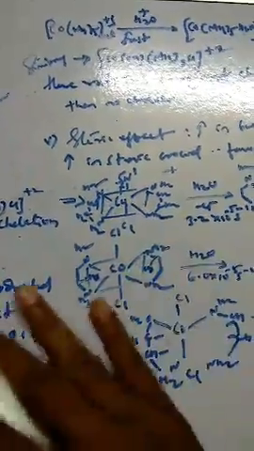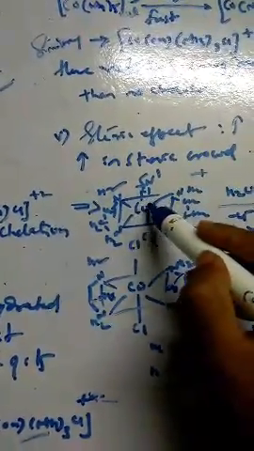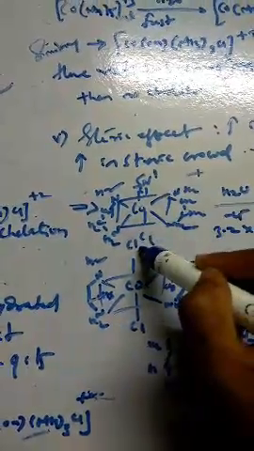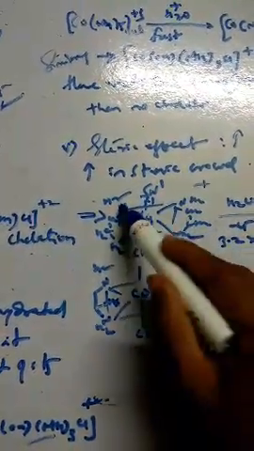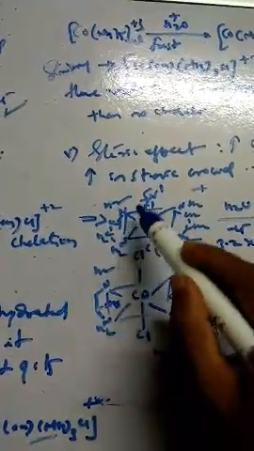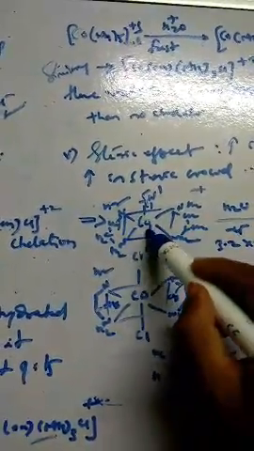Steric crowding. Increasing the steric crowding will favor dissociation. Yes or no? The SN1 mechanism is going to be favored. When steric crowding is there, the metal-ligand bond easily dissociates. For example, I have taken cobalt dichloro with ethylene diamine, NH2 CH2 CH2 NH2, twice. So, the ethylene diamine dichloro cobalt complex.